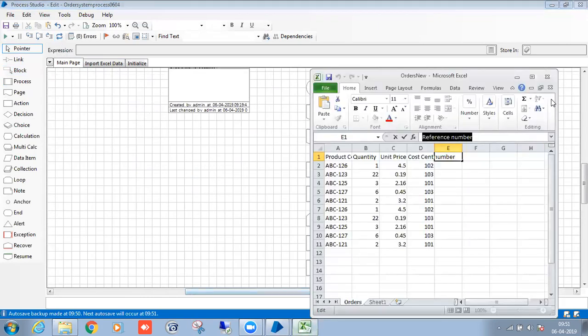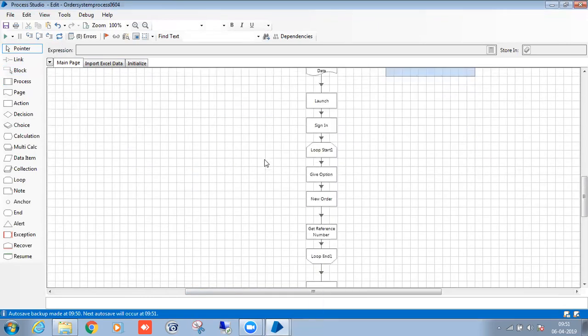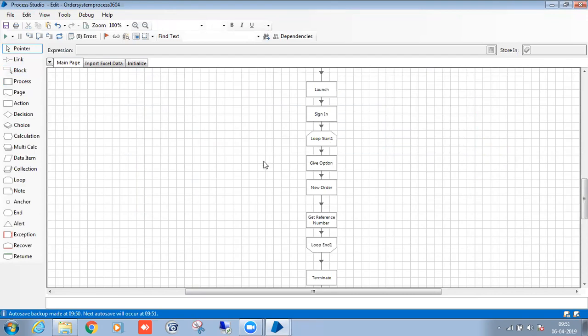Refresh. Then closing Excel. Any questions before running? Any questions?